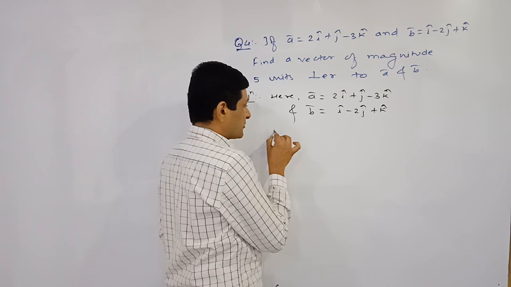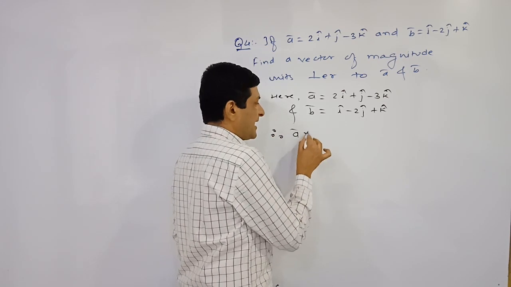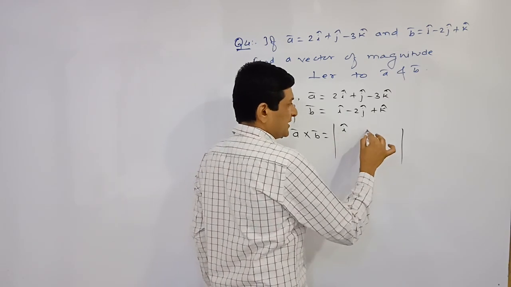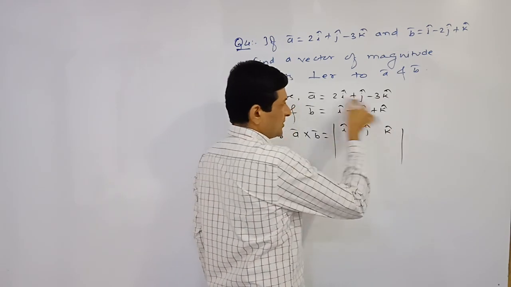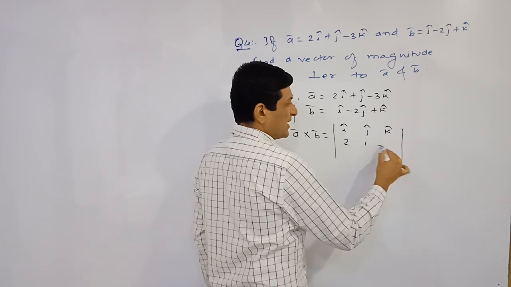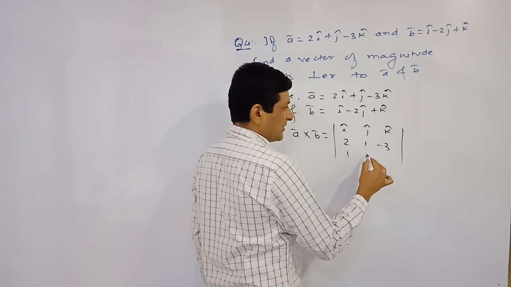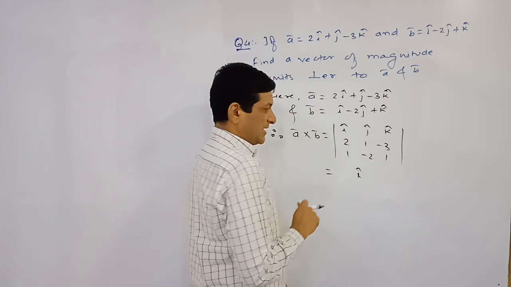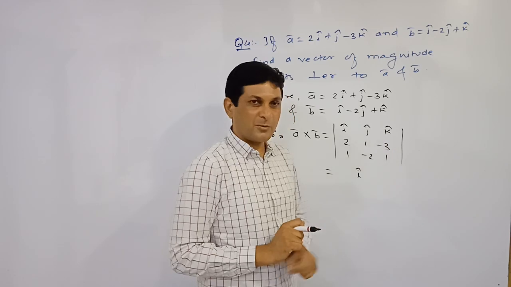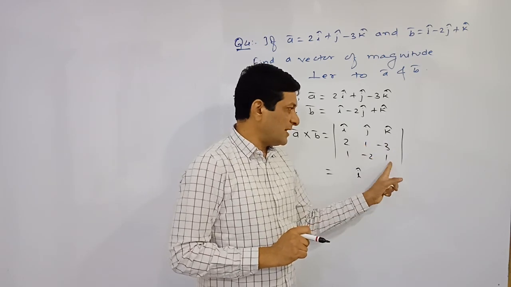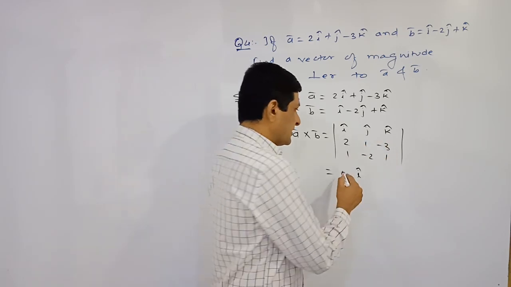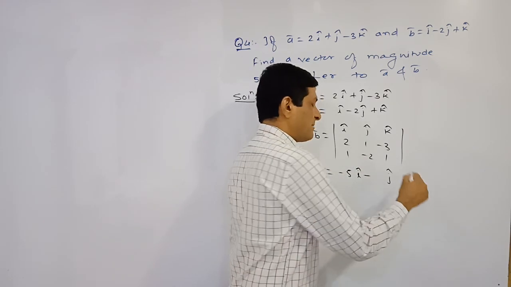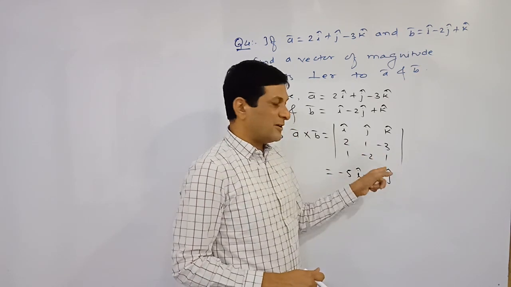So find out cross product of these two vectors. Therefore A bar cross B bar is equal to, so find out the cross product using determinant. So here coefficients in the first vector are 2, 1, minus 3, and in the second vector are 1, minus 2, 1. So first we are trying to find out coefficient of i cap. So delete this column, find out determinant of these four elements. So here we'll get 1 minus 6 will be equal to what? Minus 5. Then plus j is there, so we are taking minus j cap. Delete this column, find out determinant of these four elements.